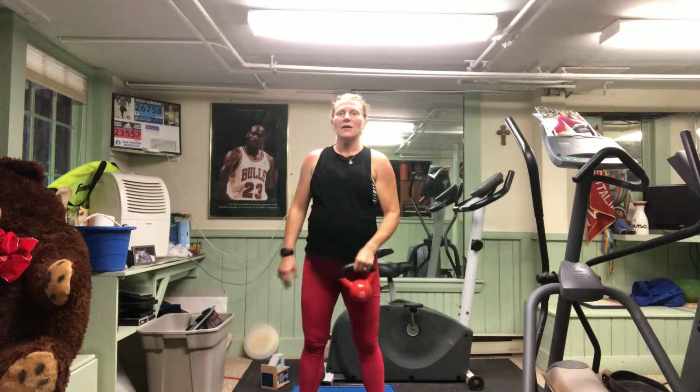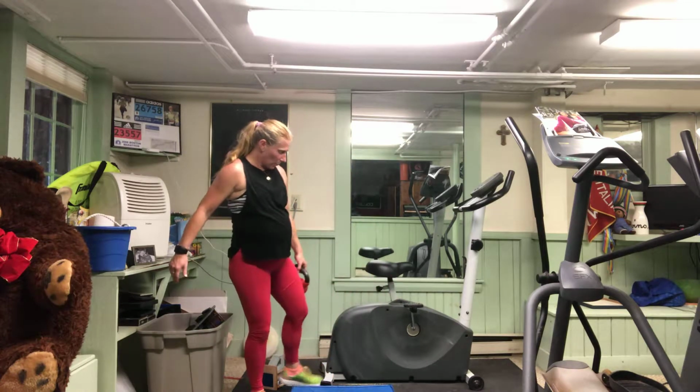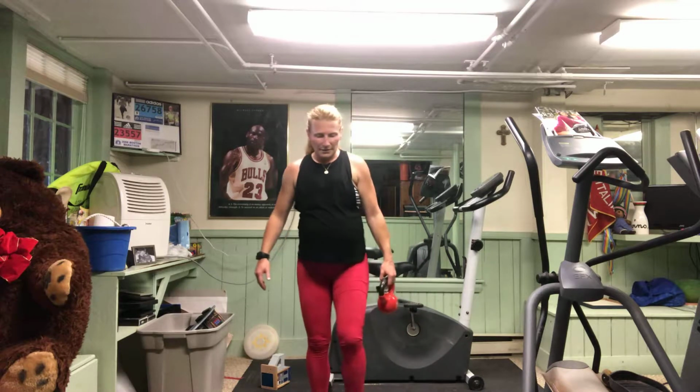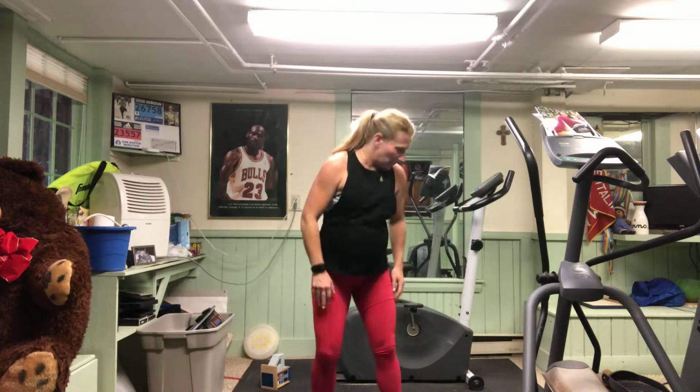The kettlebell is going to go down on the ground. You're going to jump or float your feet back, your hands up, and then we're going to press that weight. Again, you can use no weight. I'm going to go to the end of my mat because I don't like jumping on the mat. Right, that kettlebell is down. I'm going to...